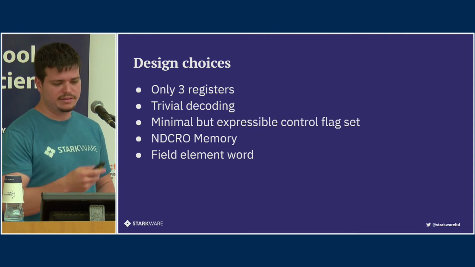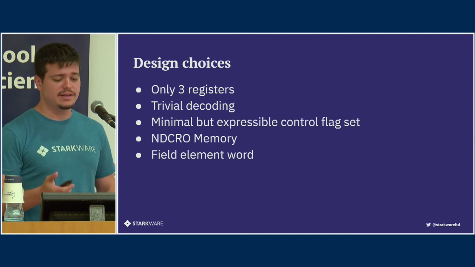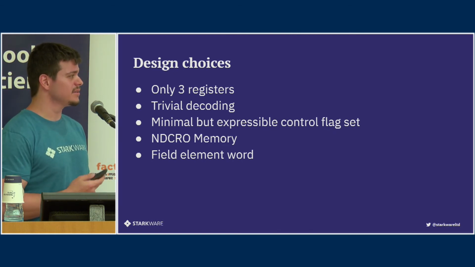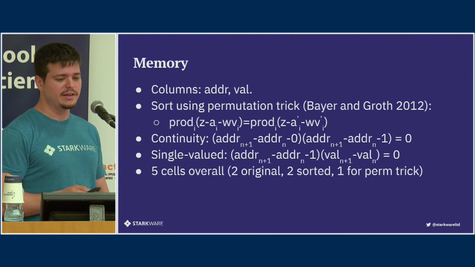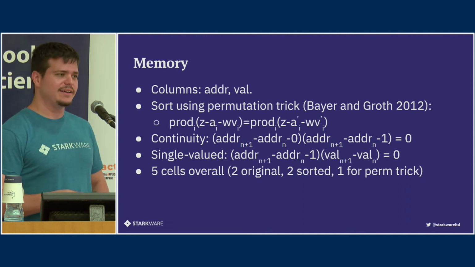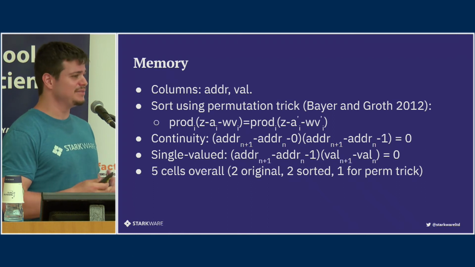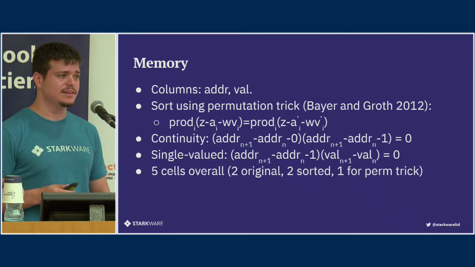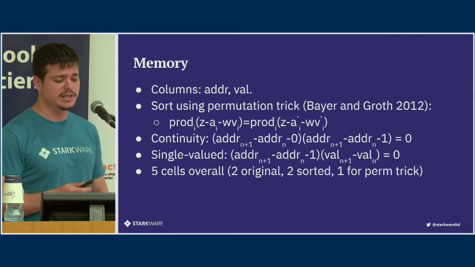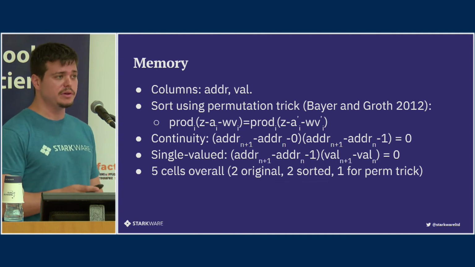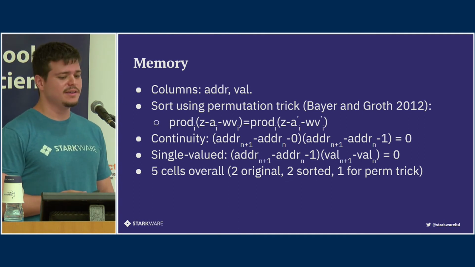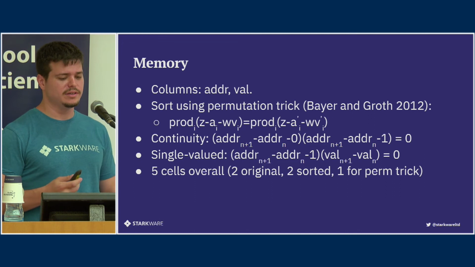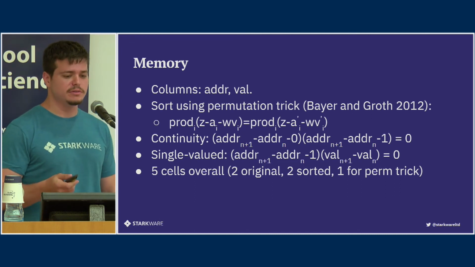And like I said, the memory model, and the basic data type is a field element, because this is how the AIR works. I can't show the entire AIR because it's very meticulous and will take a long time, so a few highlights about how the AIR and the equations look. First of all, the memory, which is the nicest part. Like I said, we only need 5 cells to have a memory unit. So how does a memory unit look?